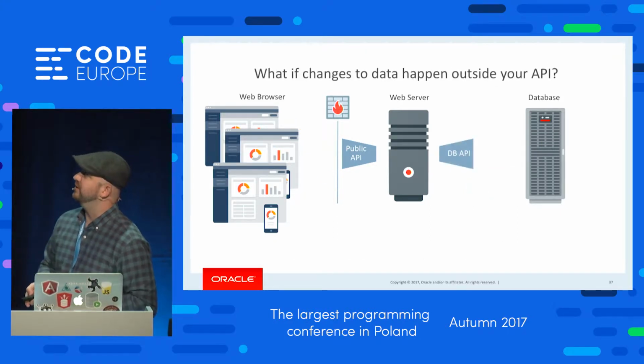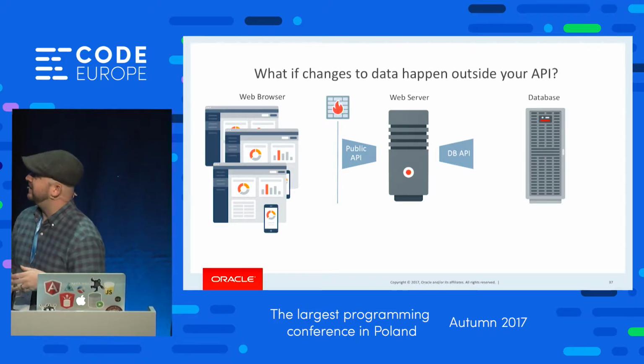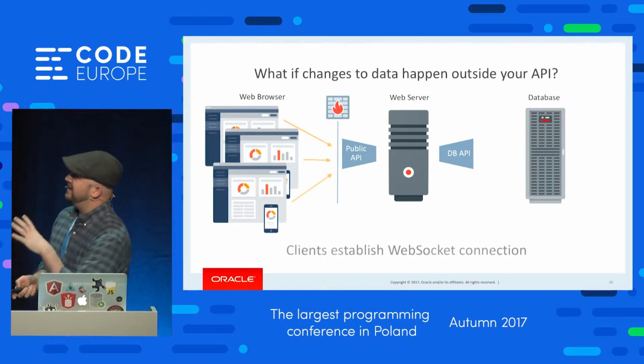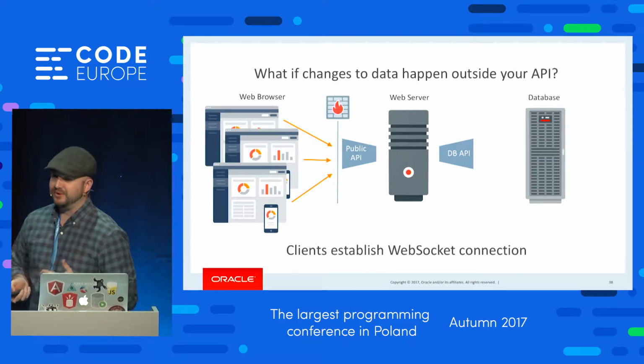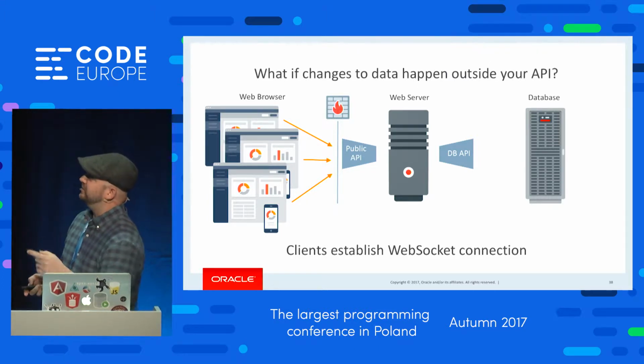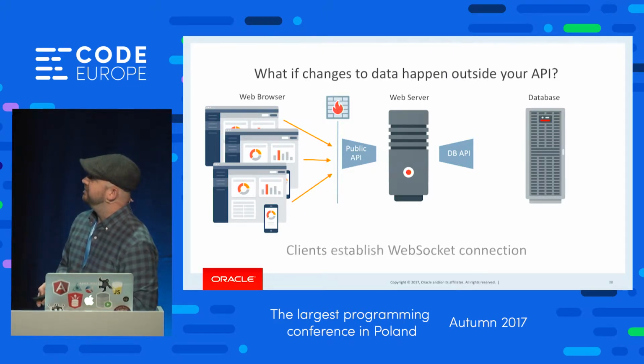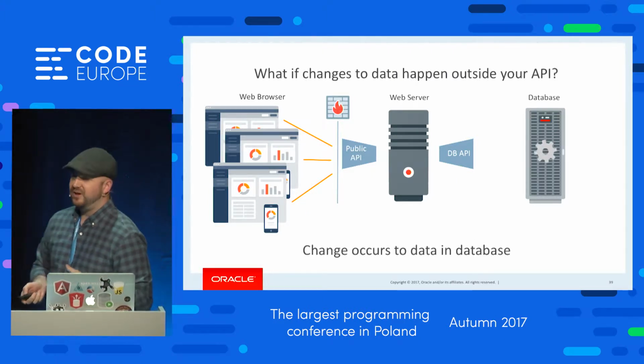But there's another scenario that you might need to account for, and that's when folks can actually update the data on the back end, not going through your API. And the way that would work is kind of similar. First, the browsers still need to establish a connection through your public API, and that'll persist. And then when they come in and make a change to data,